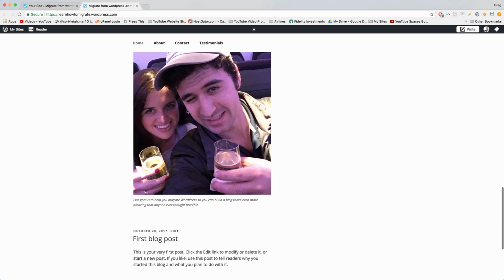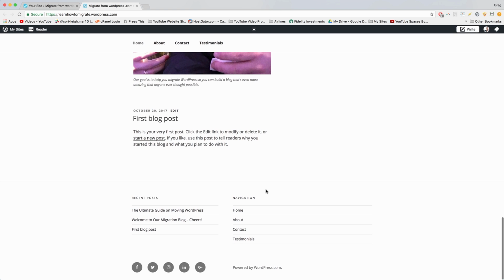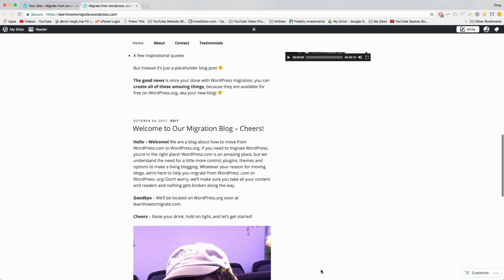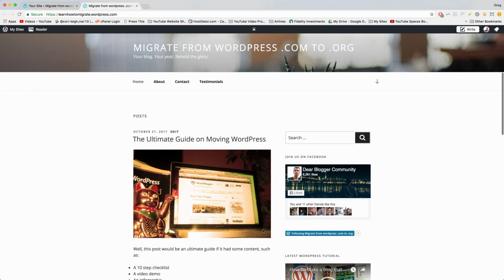And an image, which is also called media. It's got a first blog post that it came with. I think that's kind of cute, so I kept it. It also has some widgets like recent posts, navigation menu, some social buttons in the footer, and a copyright. And then some pretty darn powerful content in the sidebar, which WordPress.com helps us make nowadays, like a Facebook like